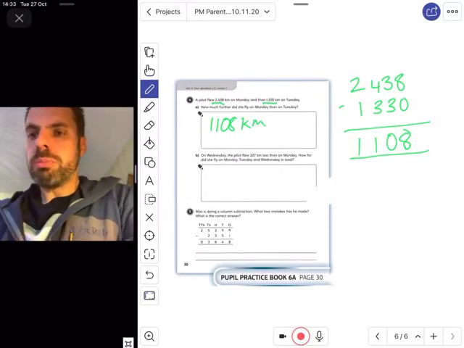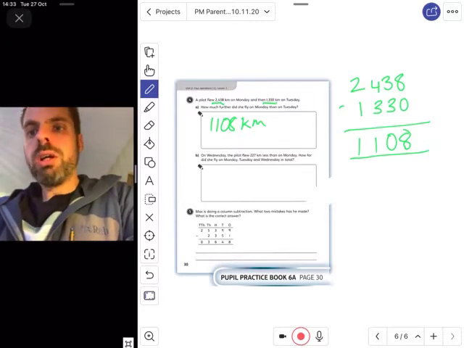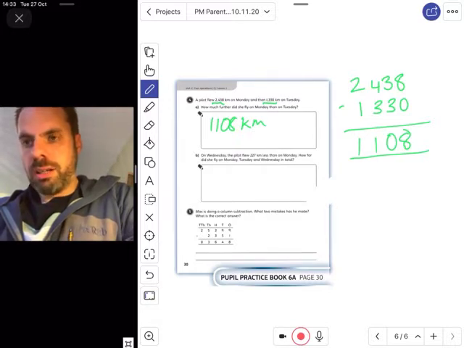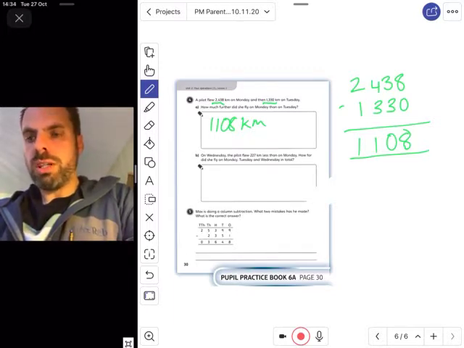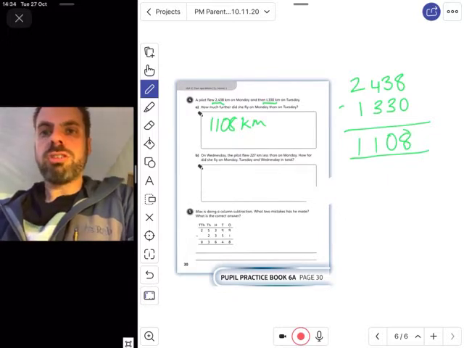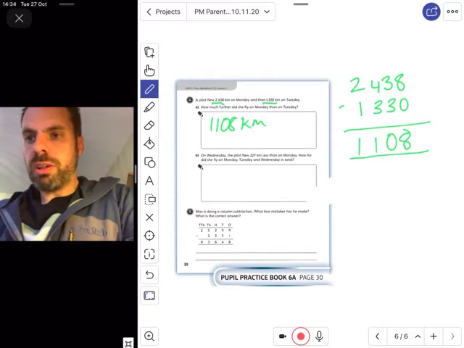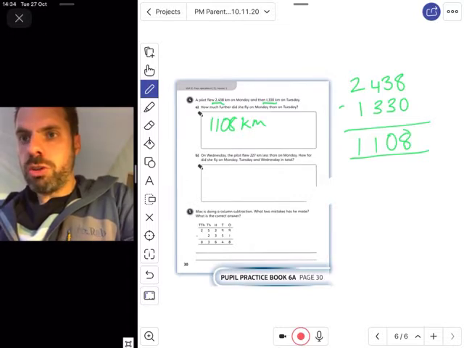When it comes to this B question, on Wednesday, the pilot flew 227 kilometres less than on Monday. Okay, so we know they flew less than they did on Monday. How far did she fly on Monday, Tuesday and Wednesday? This is a calculation that's going to require more than one step, because not only do we have to find out how far they flew on Wednesday,